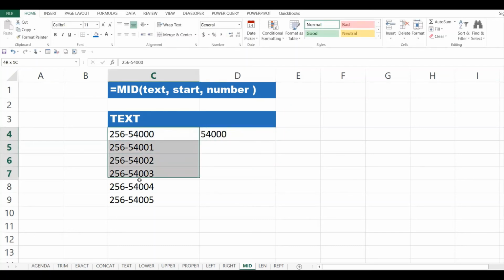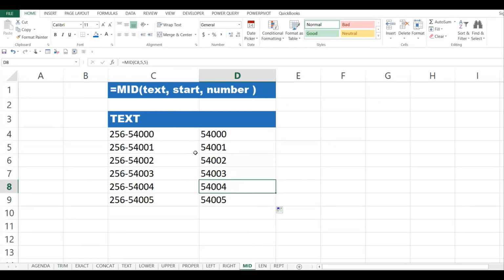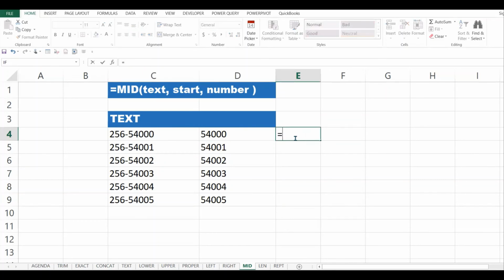So the format is the same. So when I do that, I extract the 54000. I copy it down and extract the rest. So with this mid function, I was able to extract these numbers which I want. So if at all I want only the 54, for example, I say mid function, then I say the text is this.